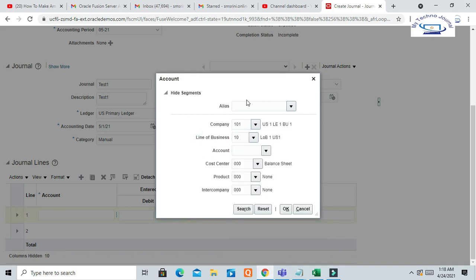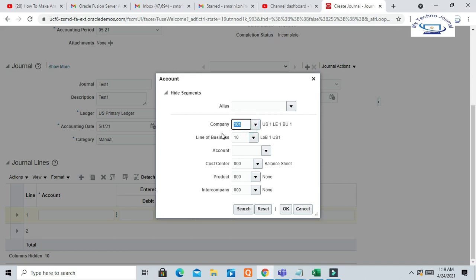The purpose of this demo is to show how the company code can be related to different cost centers and different product lines. As we know, the company segment belongs to a particular legal entity, so each legal entity can belong to different product segments or product lines.